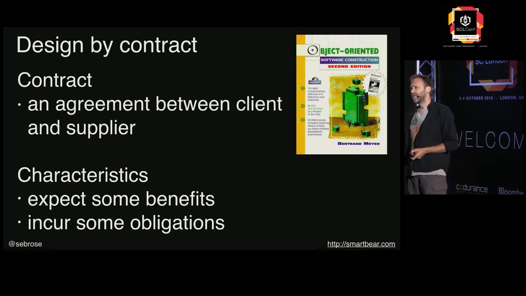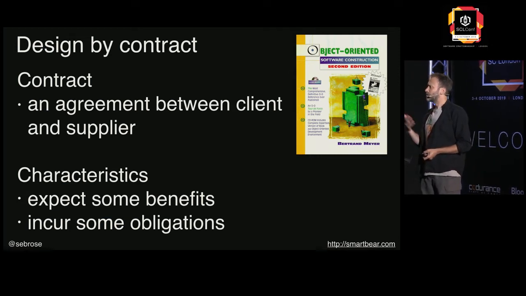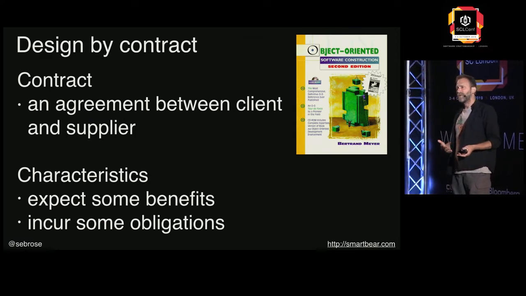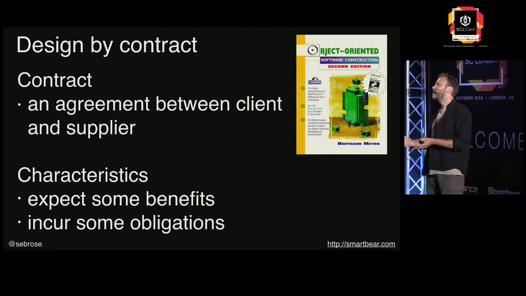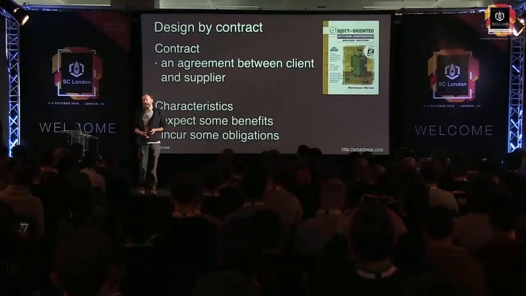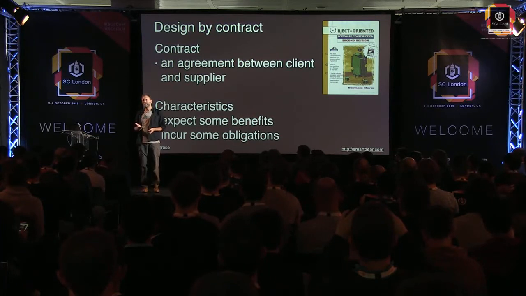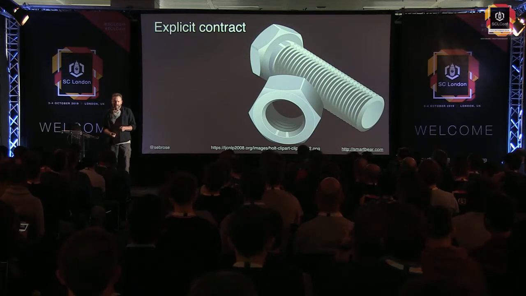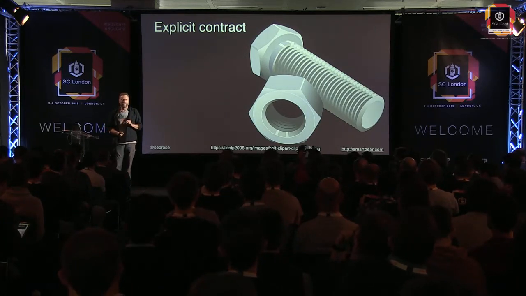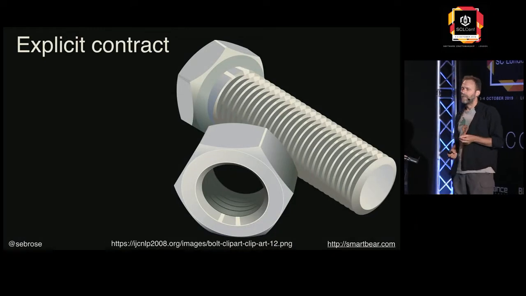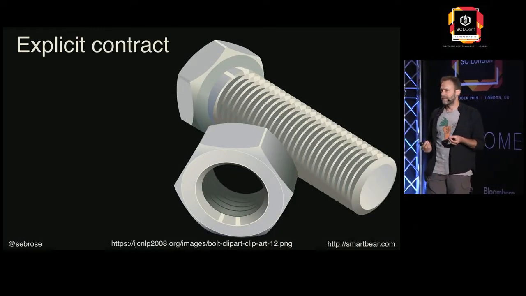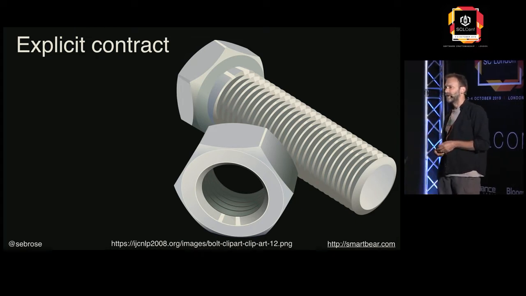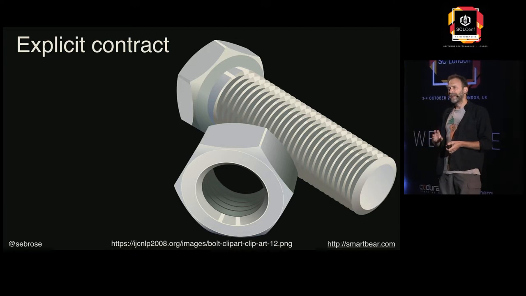So this idea of contracts is not new in software, and it's not new in the world. Software contracts exist, and contracts in the legal real world also exist. Many of you will have employment contracts, you'll have lease contracts. These are all the same sort of things. The thing about software contracts is that there are two aspects to them that we typically have to consider. One is that there's something explicit about it. If you're looking at a function signature, you're seeing the explicit contract. In a minute, I'm going to go on and talk about implicit contracts.